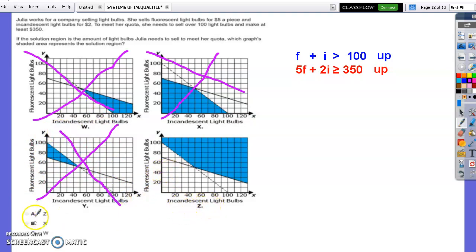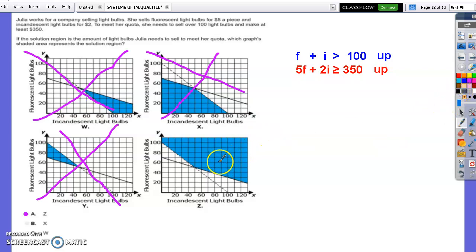Z is going to have to be our correct answer. And here's why. Here's our dashed line, and it's shaded up. Here's our solid line, and it's also shaded up. So this is where they're both overlapping. So any of these choices here in this shaded region is the different combinations of light bulbs you could sell. So for example,